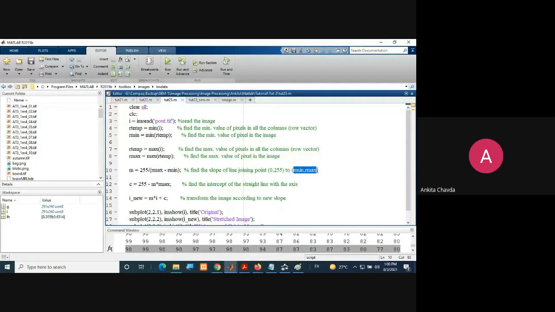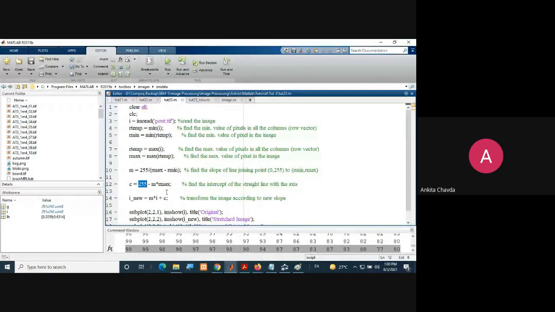Now we are finding the intercept of the straight line with the axis. I can find that with this formula, C equals whatever your maximum intensity is. Here we are supposing an 8-bit image.